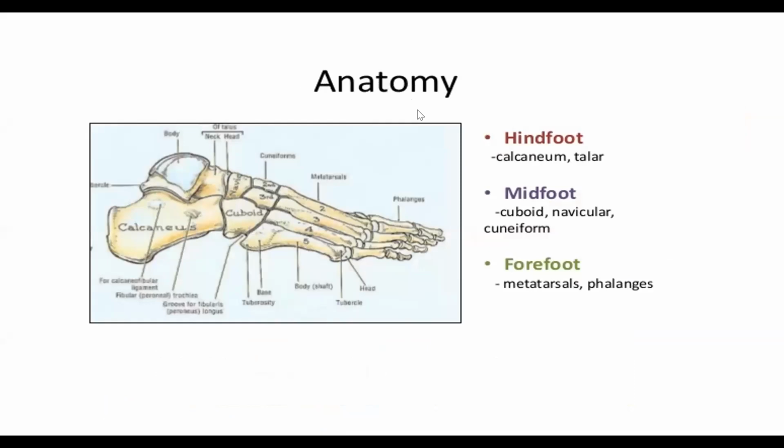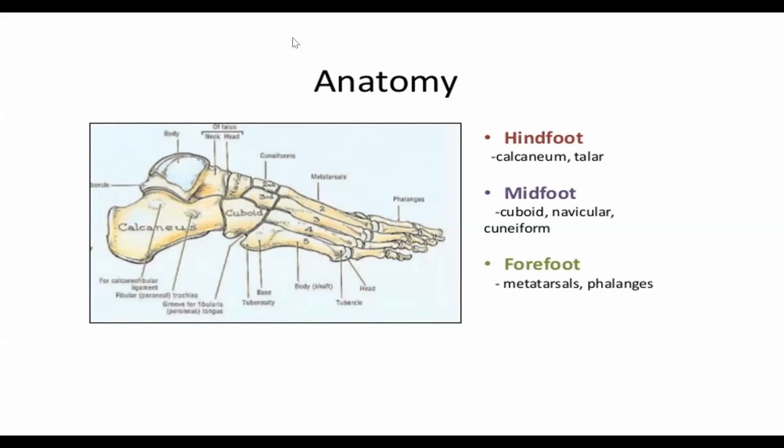Okay, so this is the anatomy: hindfoot, midfoot, and forefoot. Hind is "hath" and forefoot I will tell like "pair". So hind always comes before, and forefoot is the forward part. The backward part is the hindfoot and the forward part is the forefoot. From the tibia, then it is talus and calcaneum. So talus and calcaneum come into the hindfoot.